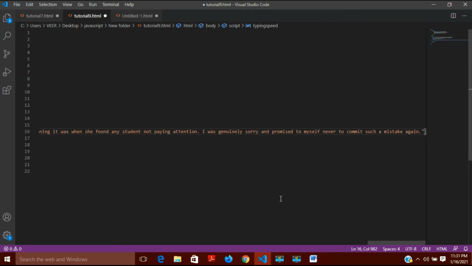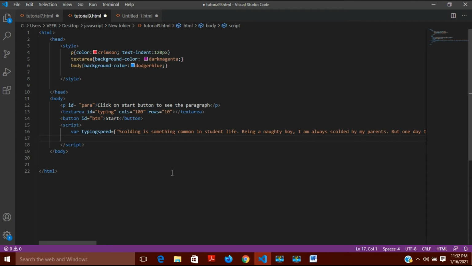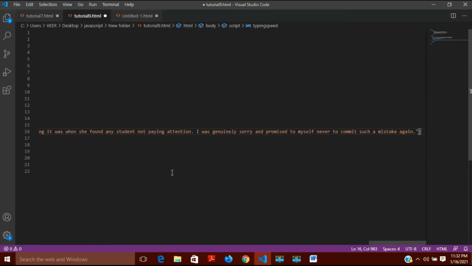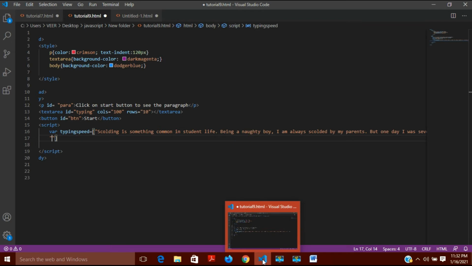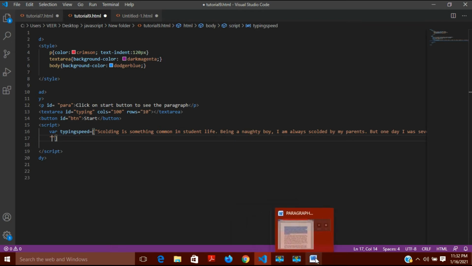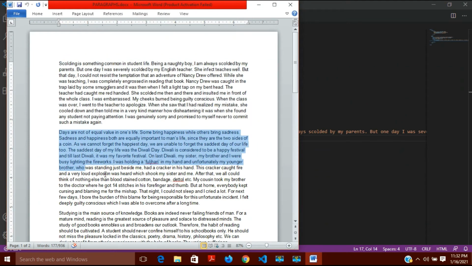So here is my first paragraph, and at the end of this paragraph I will have to put a comma, and after the comma I can click enter, because the line has gone very lengthy, and I can write the second one in the second line. There will be no problem in it. The second one I will write here inside the quotes again. After the comma of the first paragraph I will again put the quotes, and here I am putting the second paragraph.